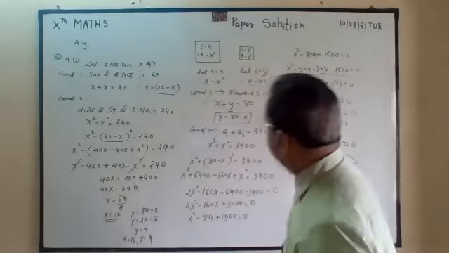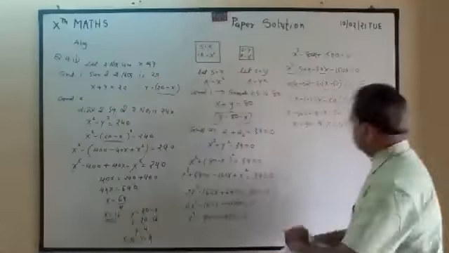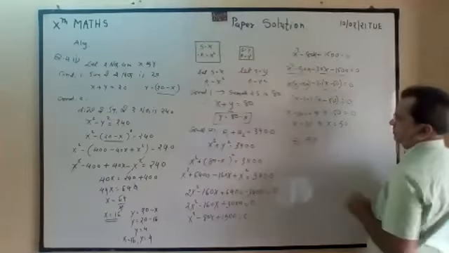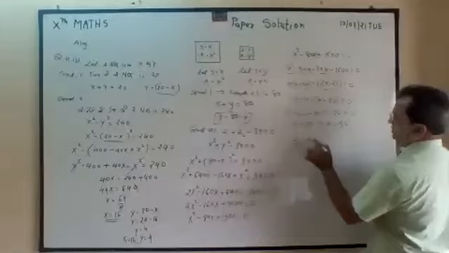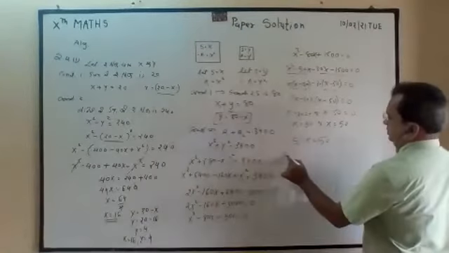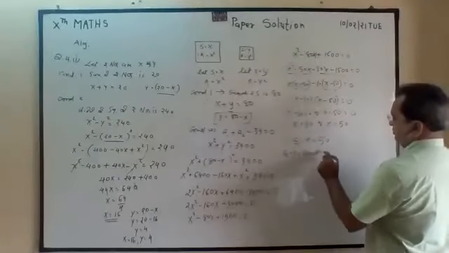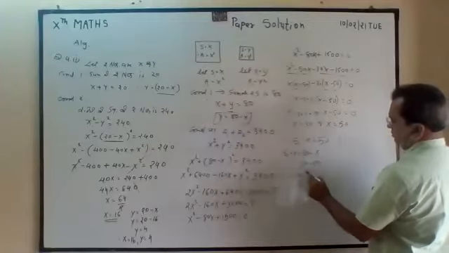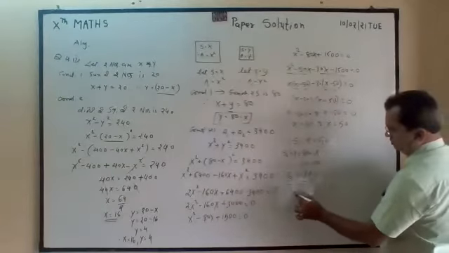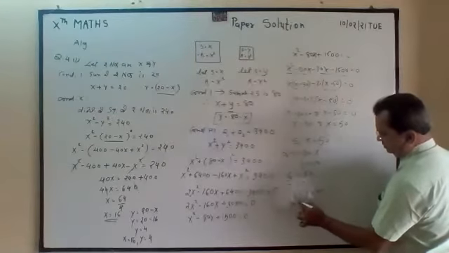So bigger side, we have taken x. Therefore, S1 is equal to x is equal to 50, for example. And S2 is equal to y, it is 80 minus x. So 80 minus 50 is equal to 30. So side 1 is equal to 50 meter. It is given meter square area.